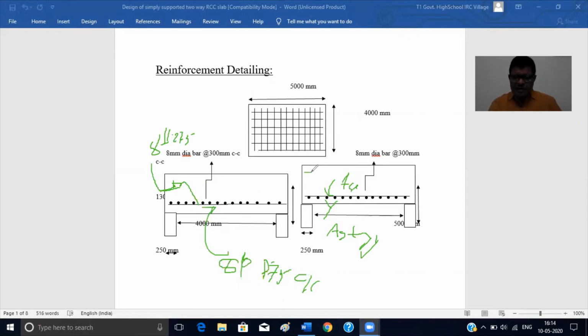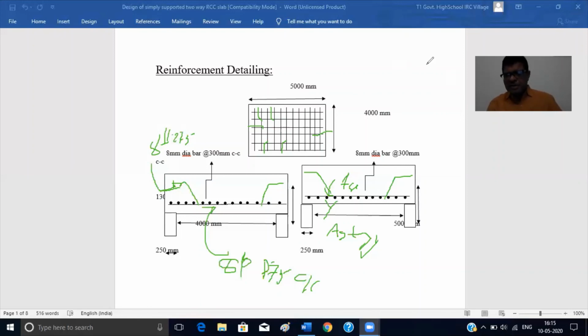And these bars also shall be bent up along this line. It is not shown because 50% of the bars have to be bent up, alternate bars are to be bent up. Again, in this drawing also there is a mistake, I think, because it will go this way and there is a bent up. This bar is bent up in this direction, alternate bars have to be bent up. So this bar is to be bent up like this, this bar is to be bent up like this. So again here, this one is bent up in this direction, meaning the other will be bent up in the other direction. That practice is to be followed in the field also because we have bent up 50% of the bars.